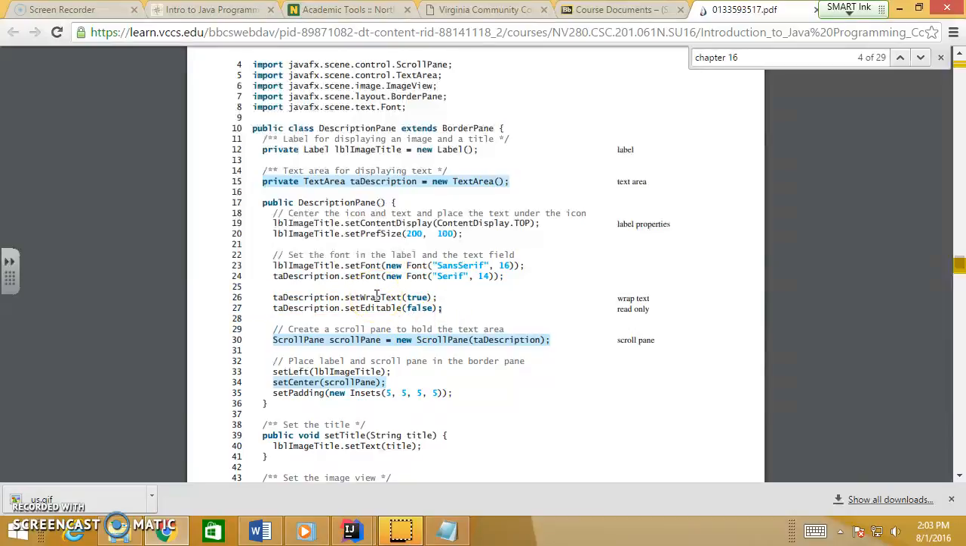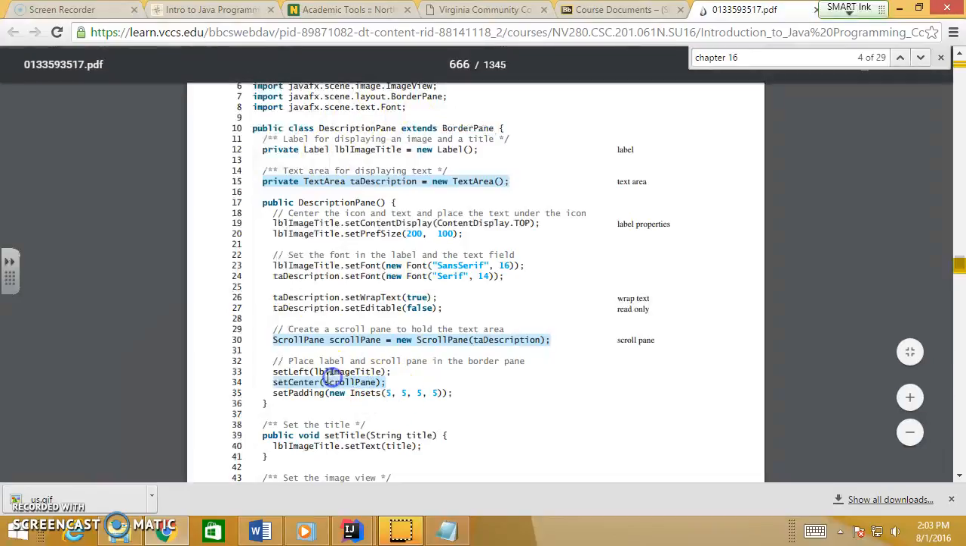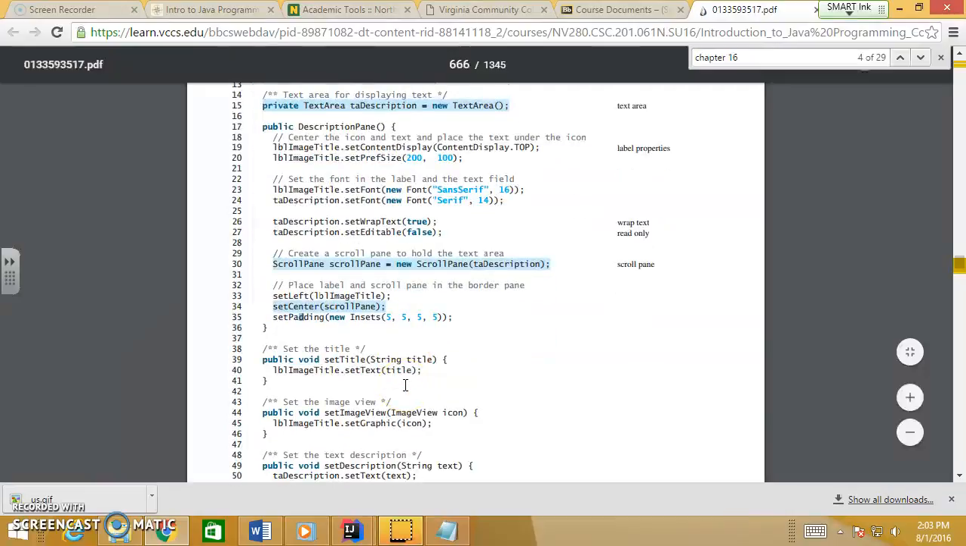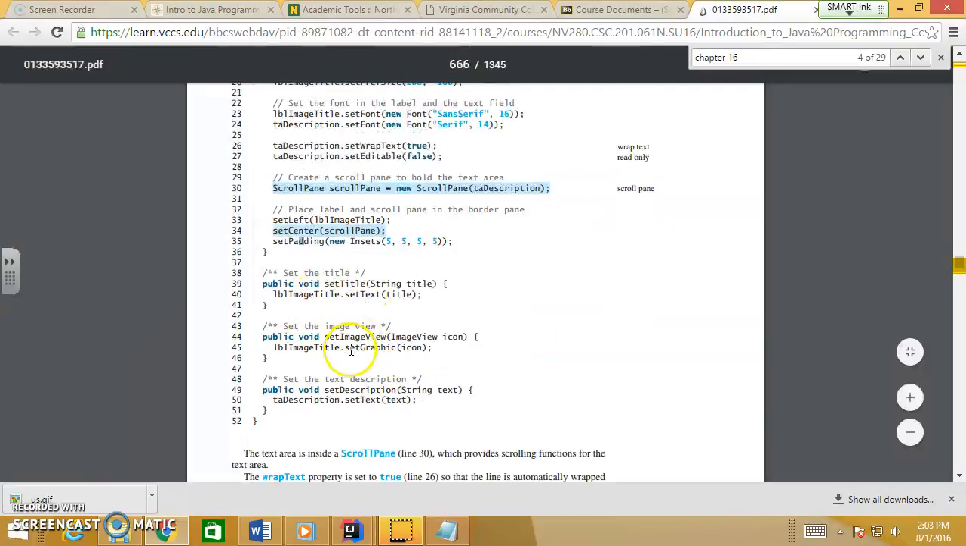So this is for the descriptions, right? Now, to make it scrollable, we need a scroll pane. ScrollPane equals new ScrollPane, and you pass the text area in. So that makes it know that, hey, this scroll pane is for this text area. And set left, this is for the border pane, right? This is border pane. Put the label image and scroll pane to the center, and put insert 5 padding. So this just sets the title, set image